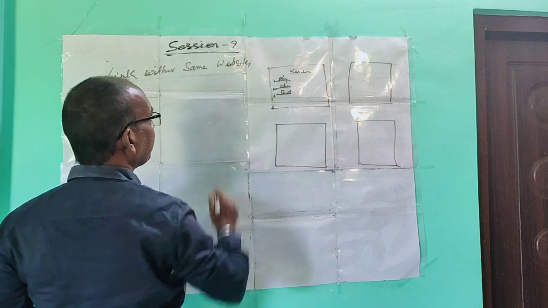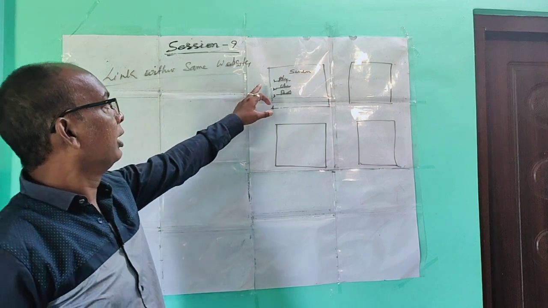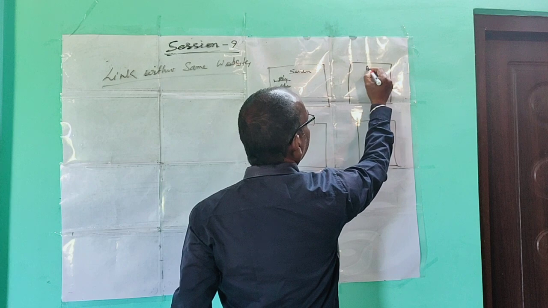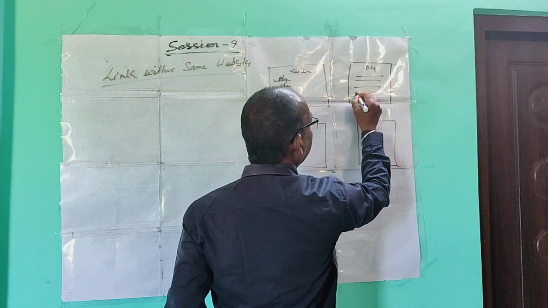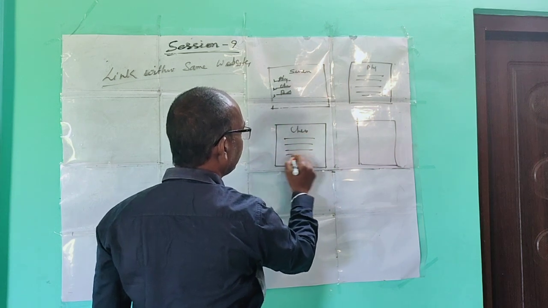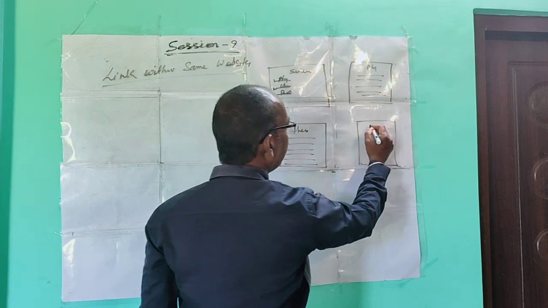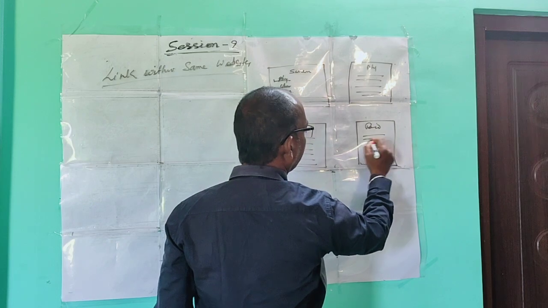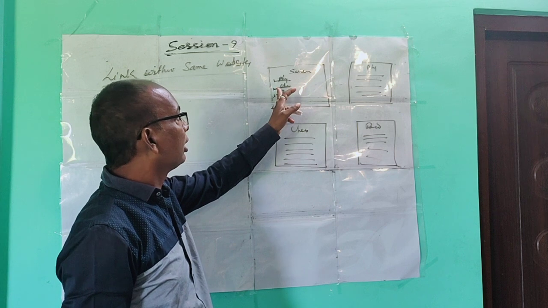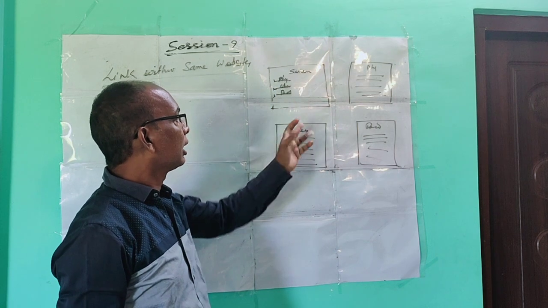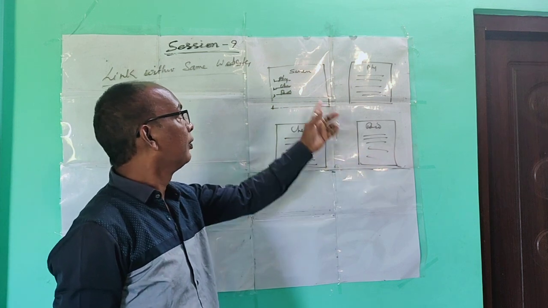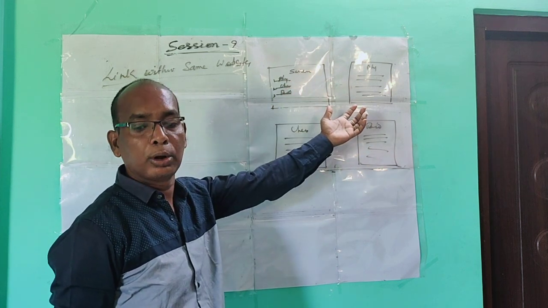That means by using the link, we can jump directly from one page to another. This is about the physics part; all the material of physics is written here. This is your chemistry page, written about chemistry. This is the bio page. If you click on the link of chemistry, the chemistry page will open. If you click bio, the bio page will open. If you click on physics, then the physics page will open.